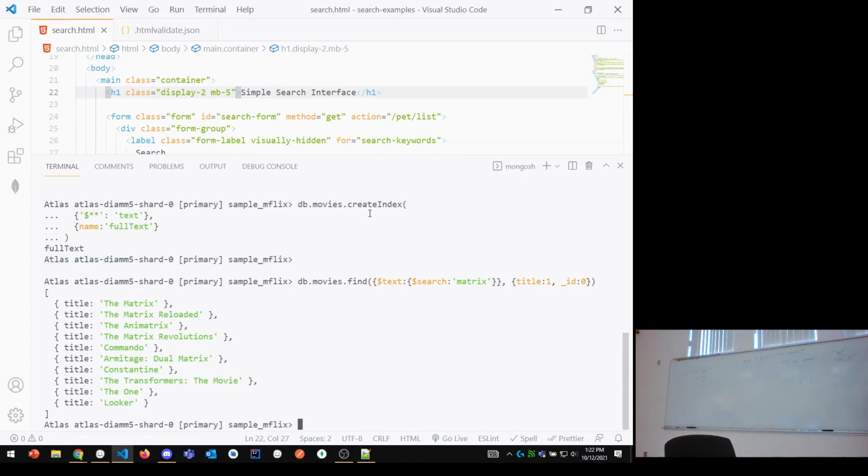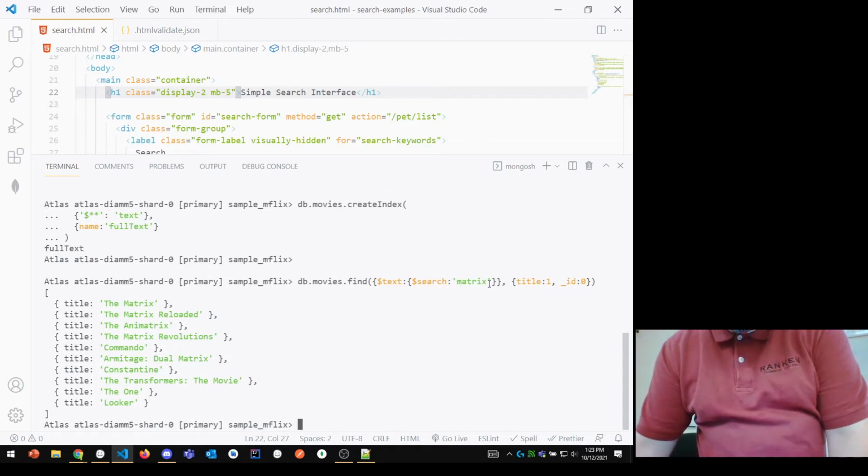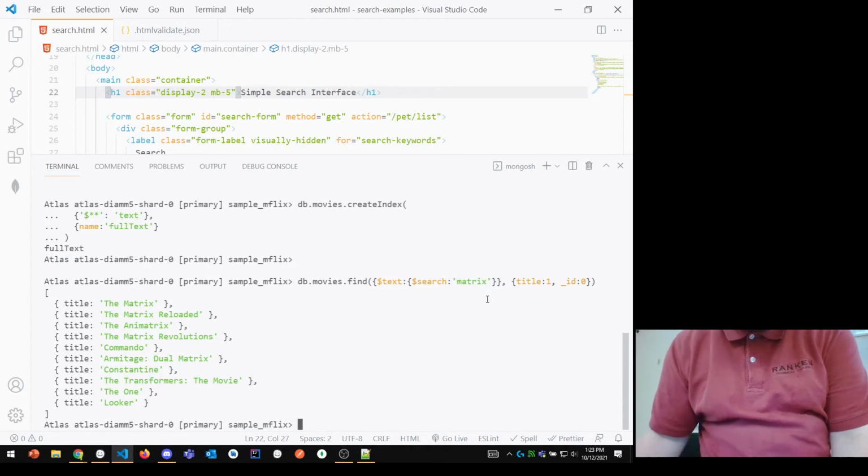You know what I'm saying? Just give me all the ones that contain matrix anywhere in the things that are indexed, which in this case I've indexed the entire document. And I'm just saying, hey, let's bring back the title and document ID to keep the results simple. So that's really good. If I wanted to add something else in there, maybe a genre, I might be able to go back and